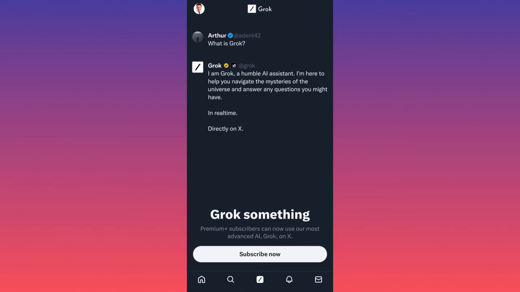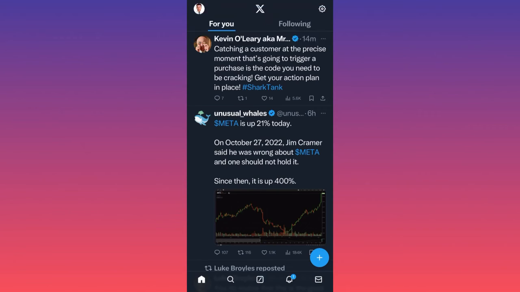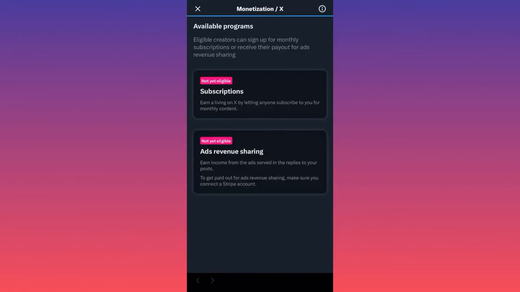I promised to give you a pro tip over here, something that I believe a lot of people don't know about yet. The idea over here, guys, is that we want to click on our profile on the upper left, and then we want to click on monetization, the last option in the menu. With the new management, Elon Musk and new strategies for running the platform, you can actually monetize Twitter